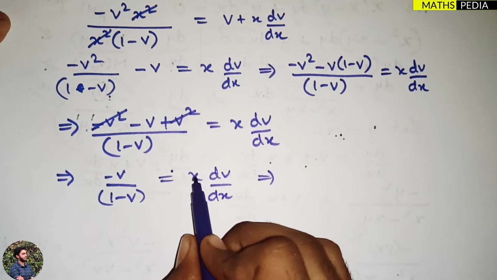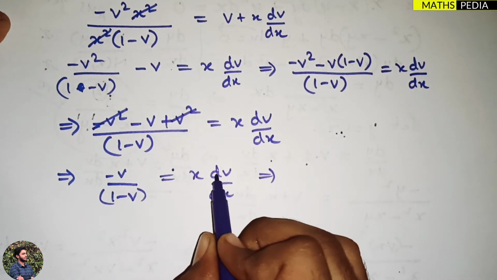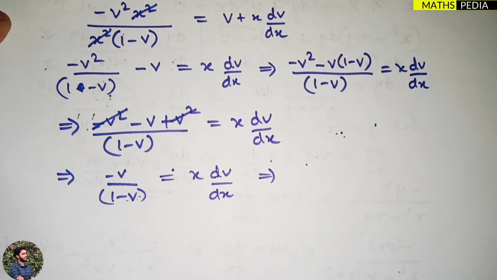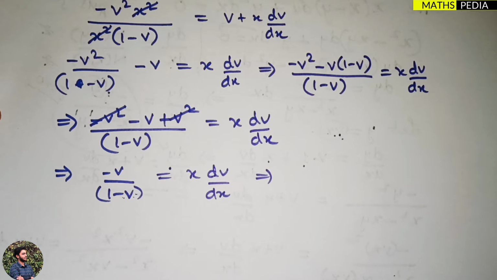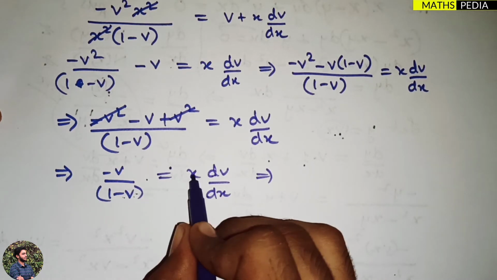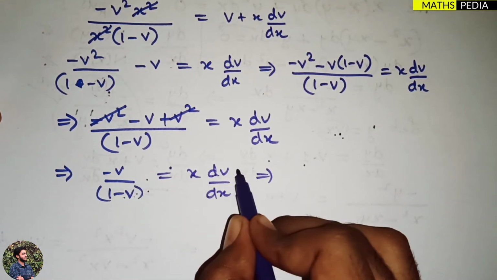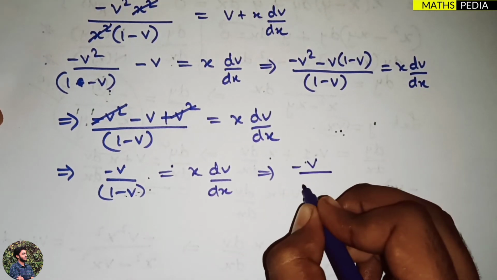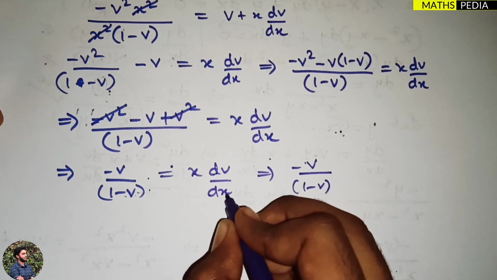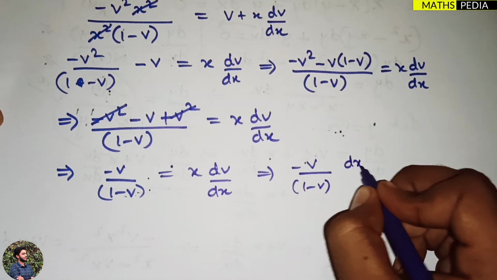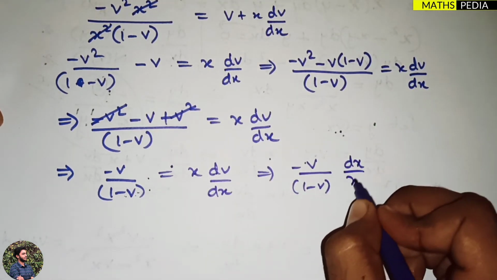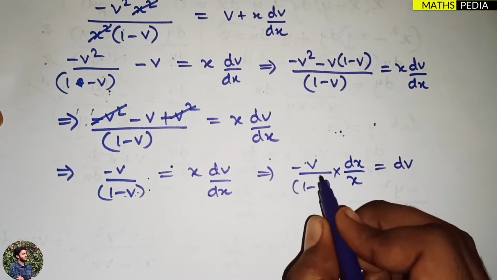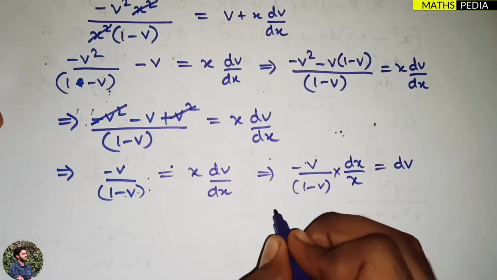Now what I can do, with x I can bring dx, and dv I have to shift it over here. So how can I shift this to this side? That is the thing. So basic idea, I can just shift dx over here, x also this side, and this whole term I can shift it to this side. So what will happen? Dx, so minus v by 1 minus v is there. Dx, when it goes to that side, it will be in the numerator part. X will come down, okay, equal to dv, correct. Now this whole term I can just shift it to there.